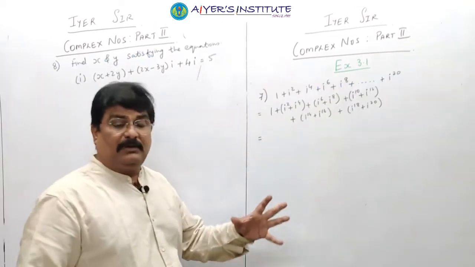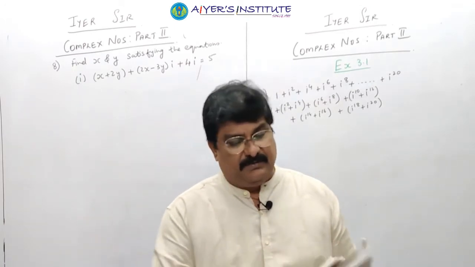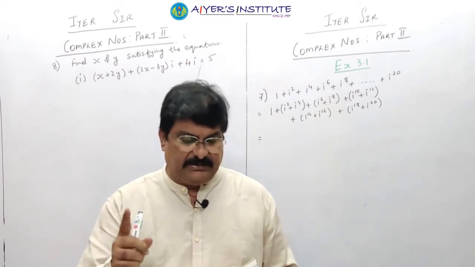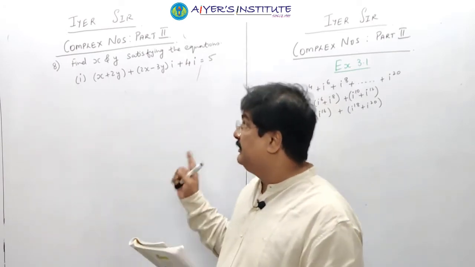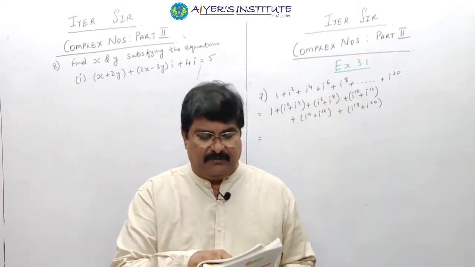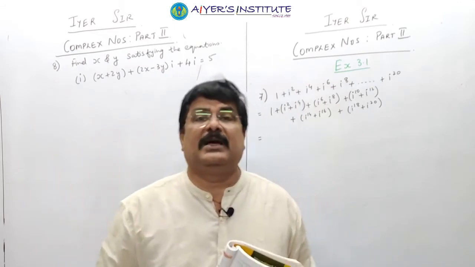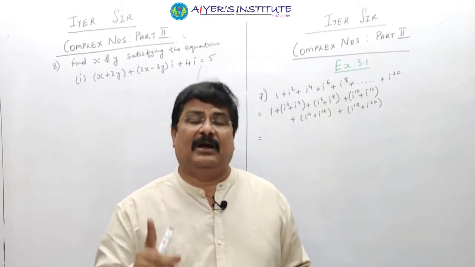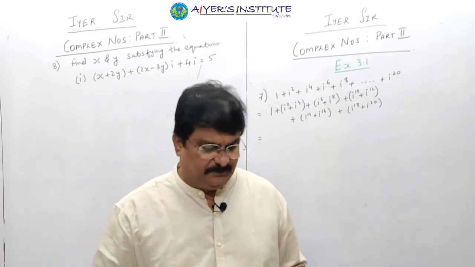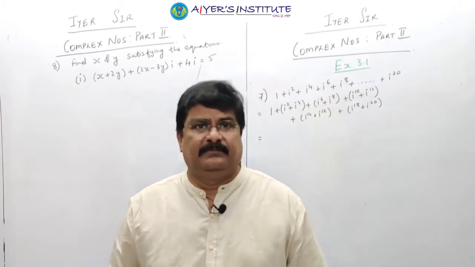Okay. As I told you, in this exercise we have finished up till the fifth sum. Sixth is the same as the previous sum that I did, the last sum of the fourth, and fifth and sixth are the same. So please do it that way. See whether i comes or not. If they ask you it's real, the i term should not come. The i term will cancel and you will get any number. Now I have written the seventh and the eighth sum. The seventh is a little tricky.